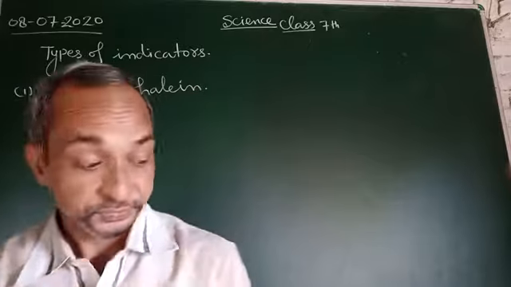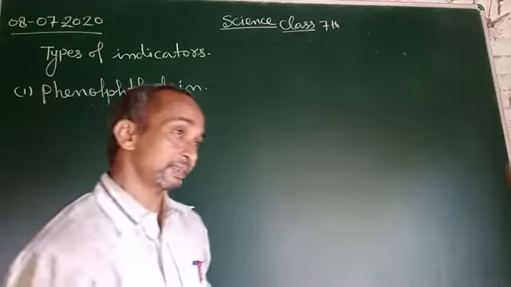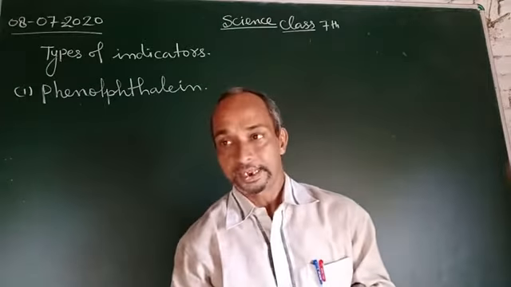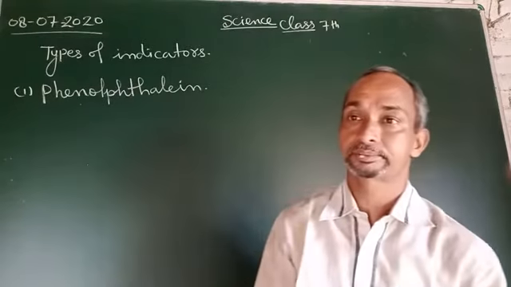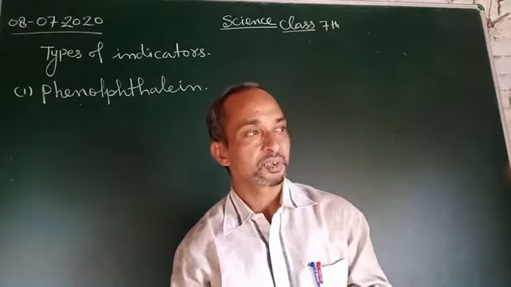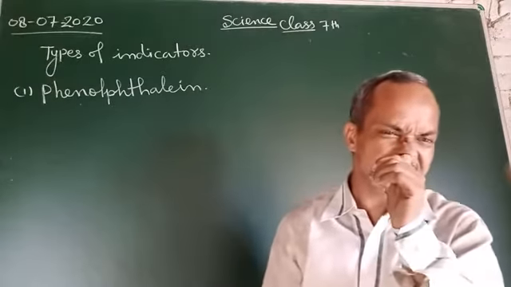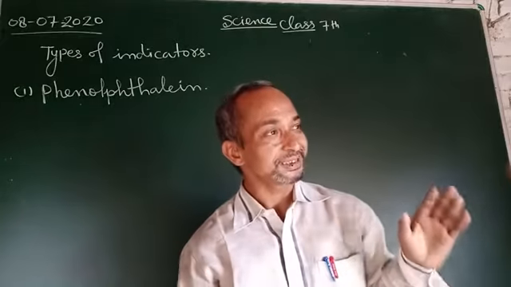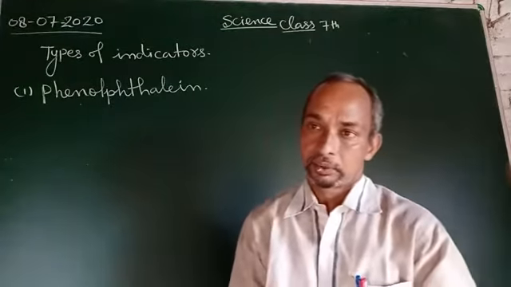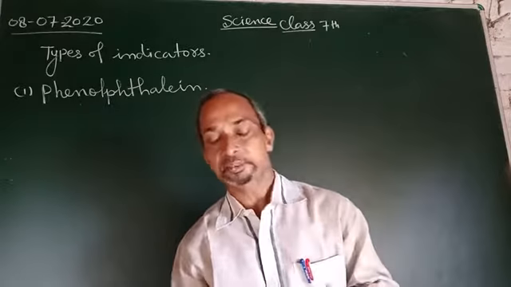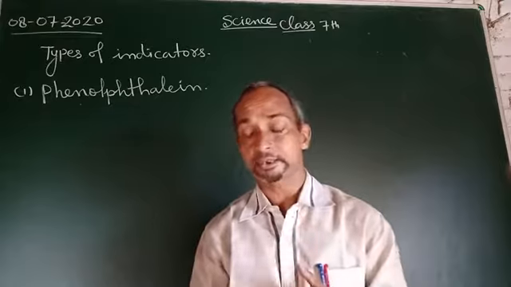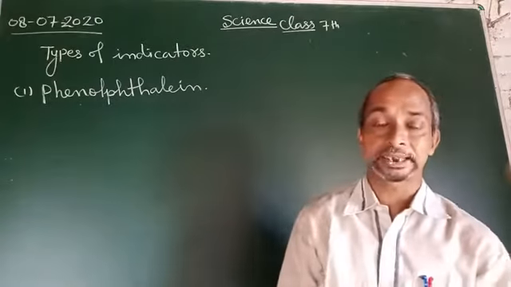So, in the previous lectures, I discussed the different types of acids and different examples of acids. For example, strong acids, weak acids, organic acids, mineral acids, and different indicators for testing acids and bases.